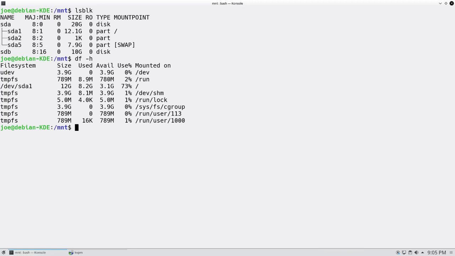It doesn't become very apparent with only one volume as I have here with SDB, because SDA is not going to be a part of our volume groups. That's already provisioned for the operating system. SDB is the only thing that's going to be in this. The benefits of having a volume group become more apparent when you have more volumes, because you can pool them together. If I had SDB and SDC and they were both 10 gigs, then I could create almost like a RAID,